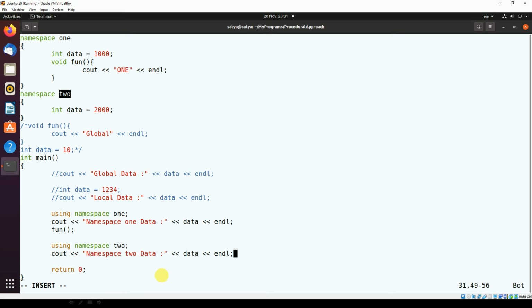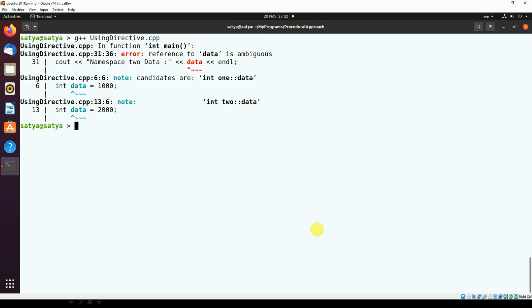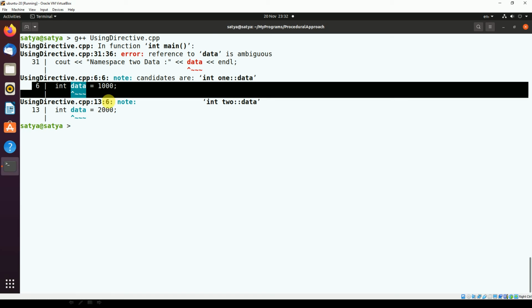Again, it will get confused whether to take data from namespace 1 or namespace 2. Again, the ambiguity will come. Just see now once again. So again, an ambiguous error because of these two things.